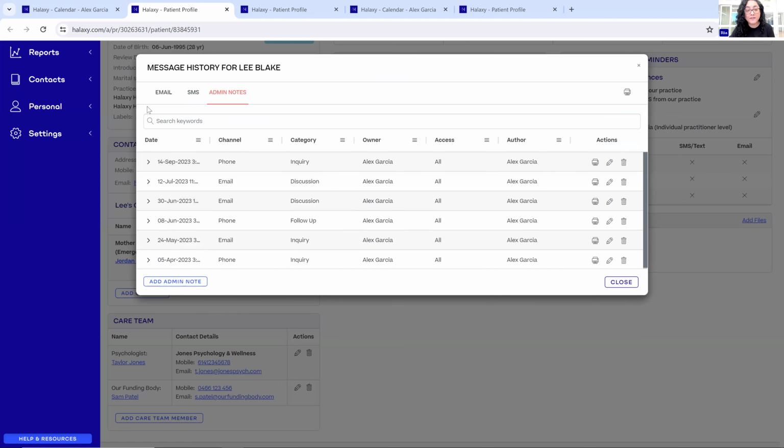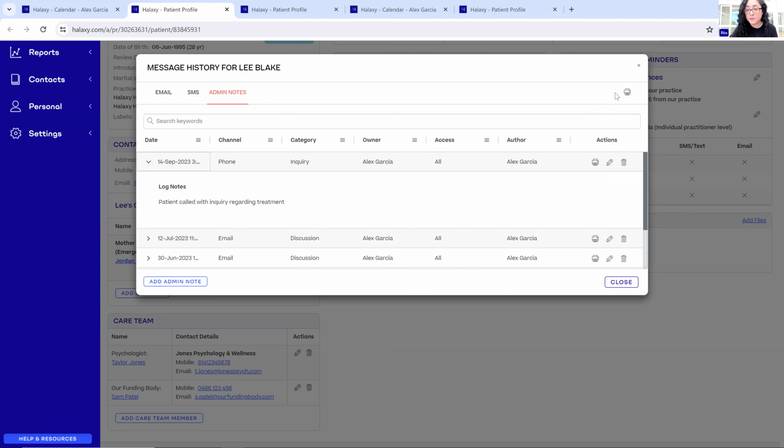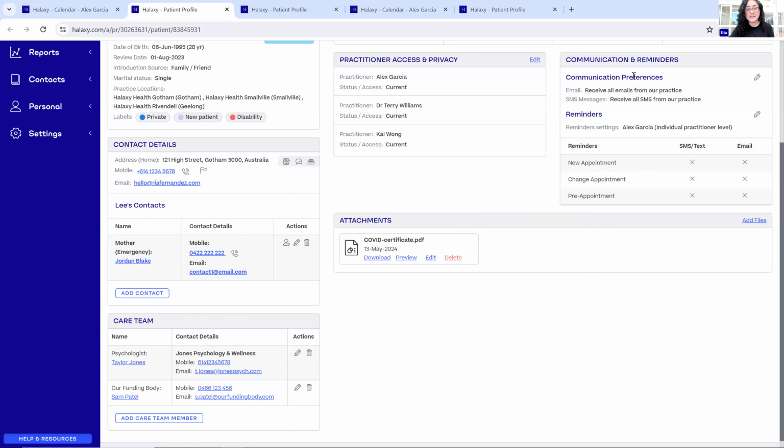So if you don't have something outside of email and SMS history, for example, if the patient called or had an inquiry, you can log it here. You can print your admin notes as well, and you can assign it to certain people. Yeah, so that's admin notes. Next, it's standard